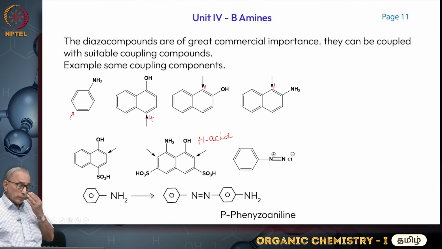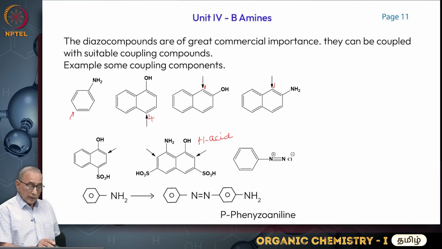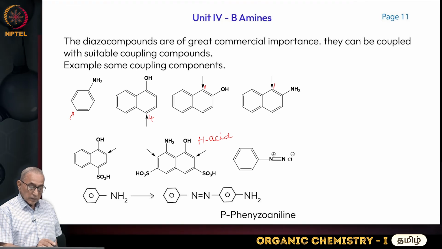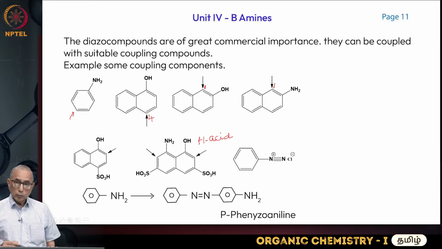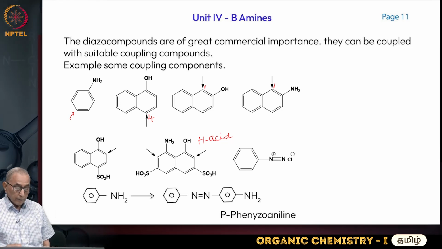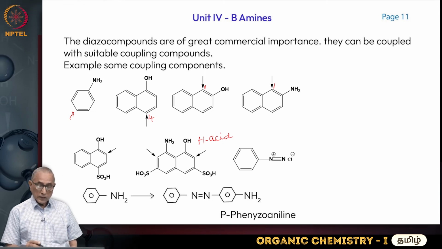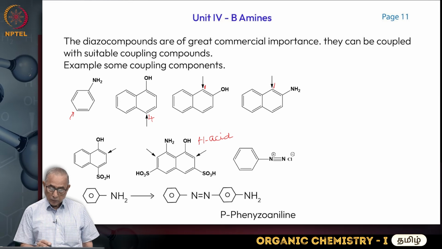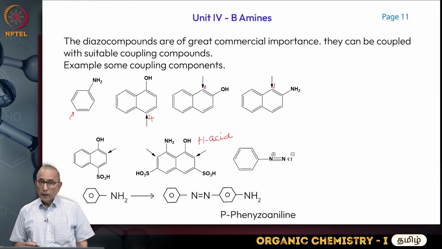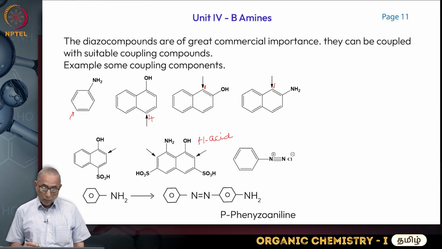Here, if you use acid medium, it will couple at this position. The amino group will direct the coupling to this position, ortho to the NH2 group. In alkaline medium, it will couple at this position. You can do two diazo coupling reactions with 2 different amines, or the same amine, and use different pH, and you can get both the positions, 2 position and 7 position, coupled with the N double bond N, azo